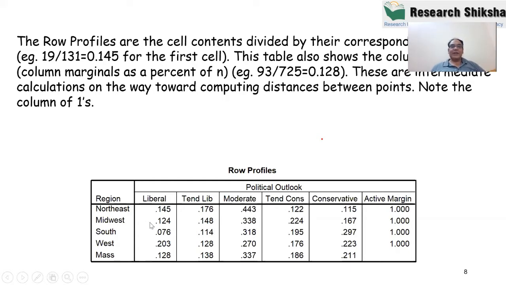Similarly, if I see in the second table, I find out the same result. The moderate is found to be the highest. So maybe the Midwest is related to the moderate. Let me check some other. Okay. In this table, we are having all high values for the moderate. Yeah. So the higher these numbers, but normally we don't get this kind of result. It may be possible that the South is known for liberal, then this number is found to be the highest, or the West is found to be the red cones, then this number is found to be the highest. So by looking at these values, we can have some idea whether the rows are related to the columns or not.